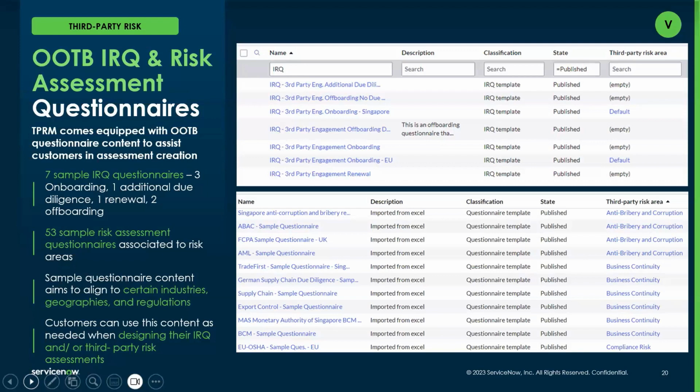But again, this content can be automatically triggered based off of the IRQs. It can be updated. You can even have your own set of questionnaires, but sprinkle in some of the out-of-the-box content. It's very much up to you, your organization, and how you assess internally as well as externally.